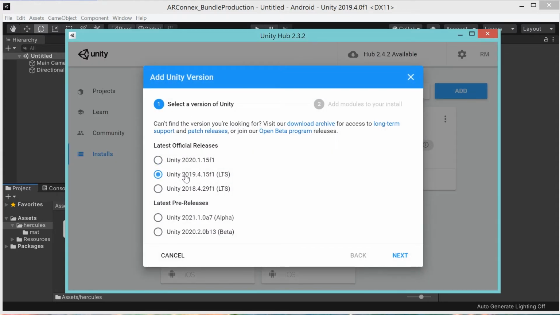Now ARConnex works with Unity 2019.3 all the way up to the latest 2019.4, which is in its long-term service release. So you'll select the latest